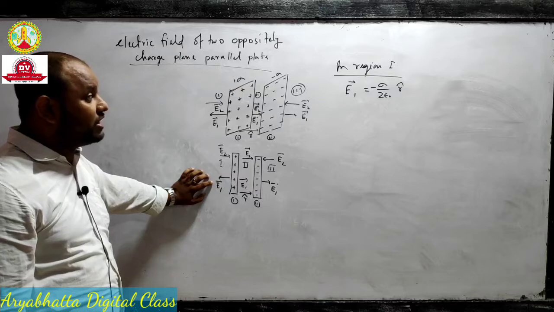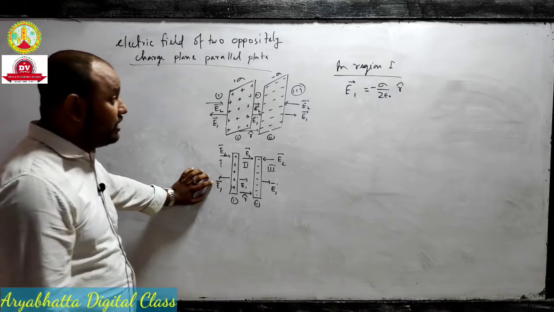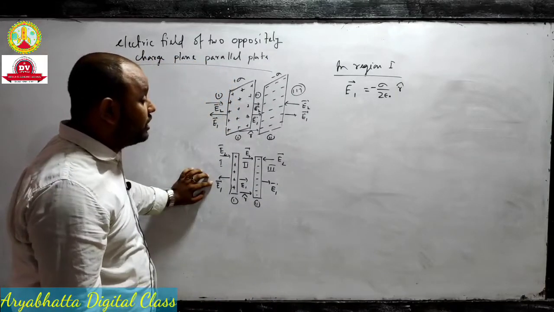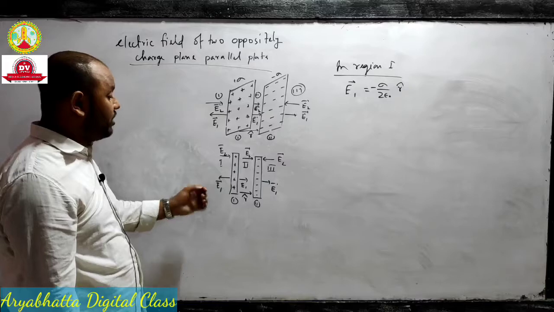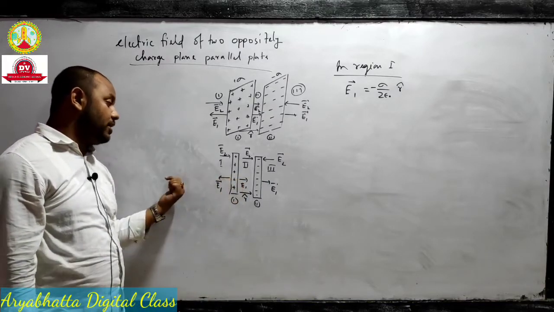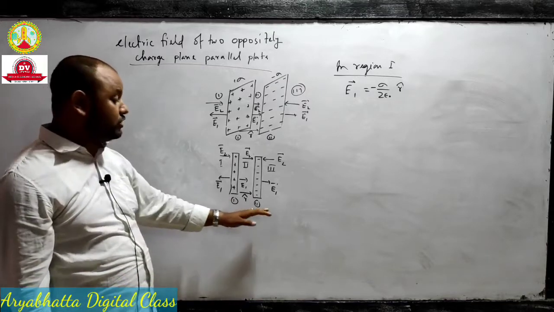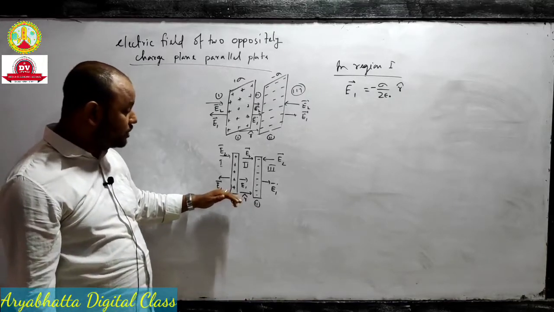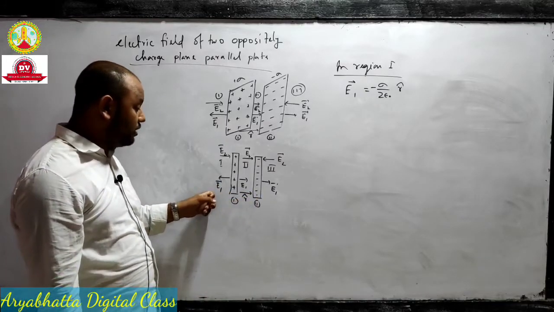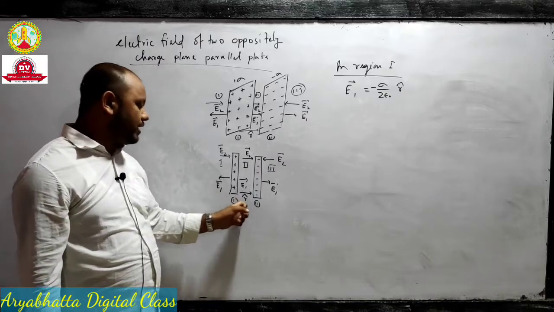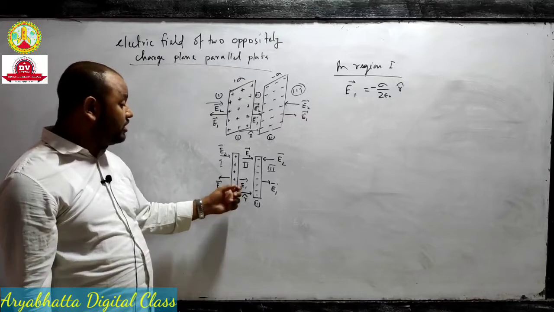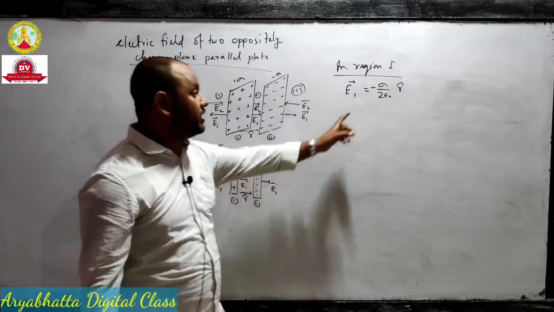Okay, if you want to give the direction, here I have written in vector form. If you give the vector, then you have to give the direction also. The direction of electric field is towards left. And I have taken a unit vector in the direction r cap, in the direction left to right. If you want to give the direction of E1 in terms of r cap, here you can see E1 is in the direction opposite to r cap. That is why this negative sign is there.